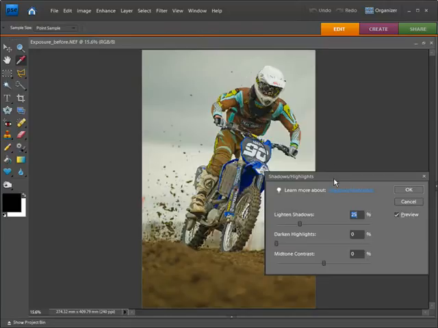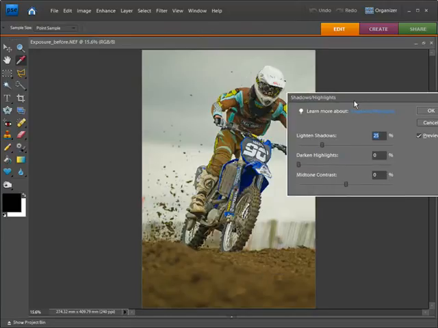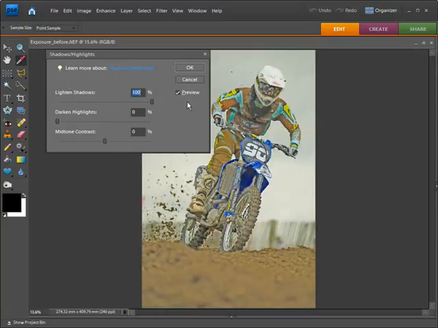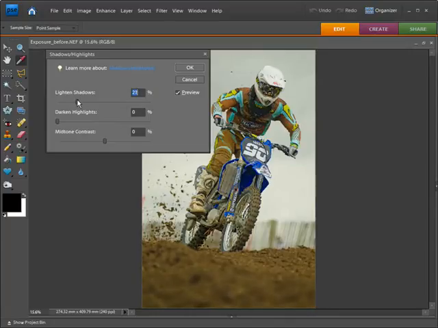And here you can see we can lighten and darken our shadows. So let's just move this over here and let's just see what happens when we move some of these sliders. So you can see we start getting a lot more detail in the shadow areas there. Now, we don't want to go anywhere near like that. We want to keep our changes subtle so that they are realistic. So let's just keep this set to about, I'm going to go for about 20. I think that's just